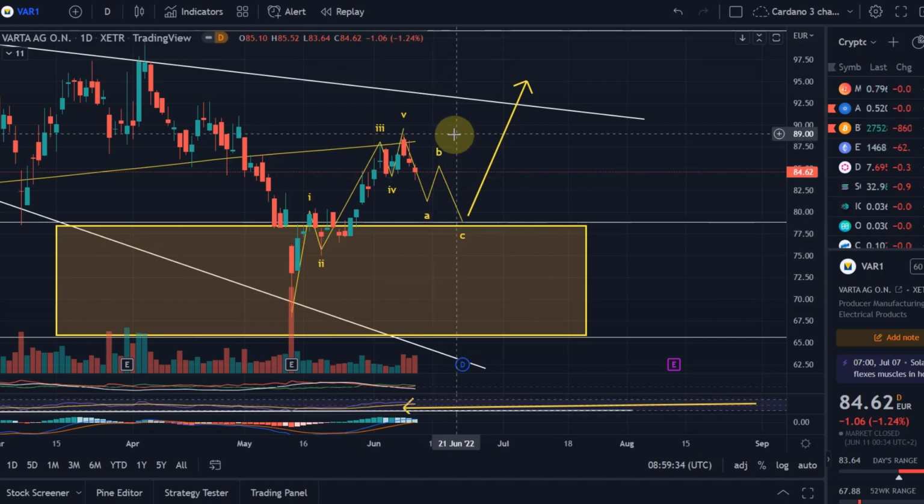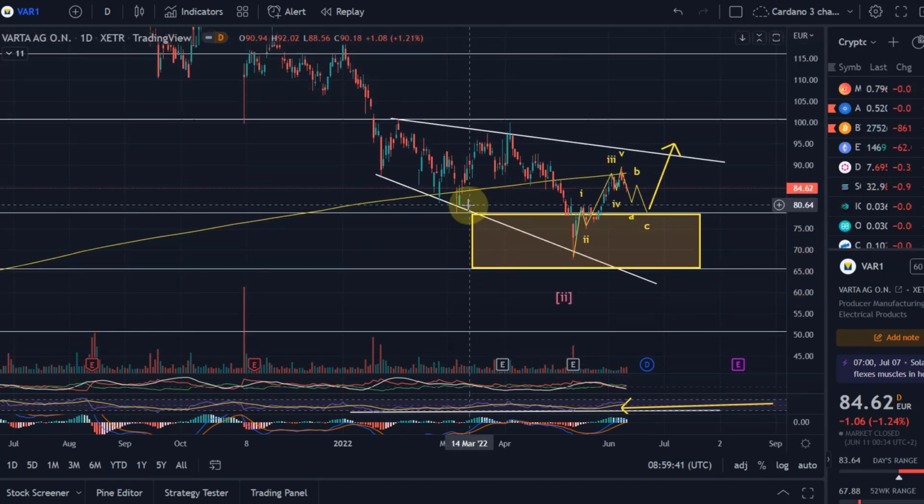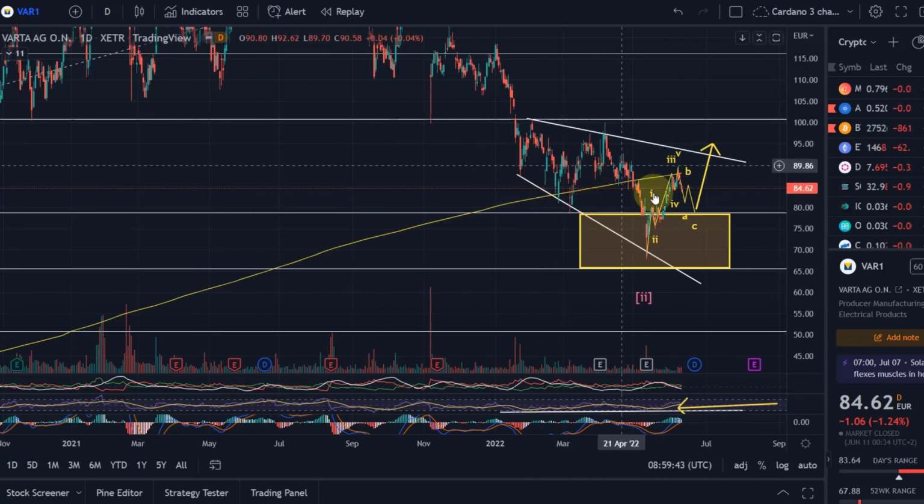Okay, and then if we then see a bullish reaction afterwards, it could really be a good indicator that this overall downtrend is over. But at the moment there is no confirmation yet. So it is currently likely, or at least possible, that the downtrend is over. This reaction to the target area and the first impulse make it actually quite likely, but we don't really have